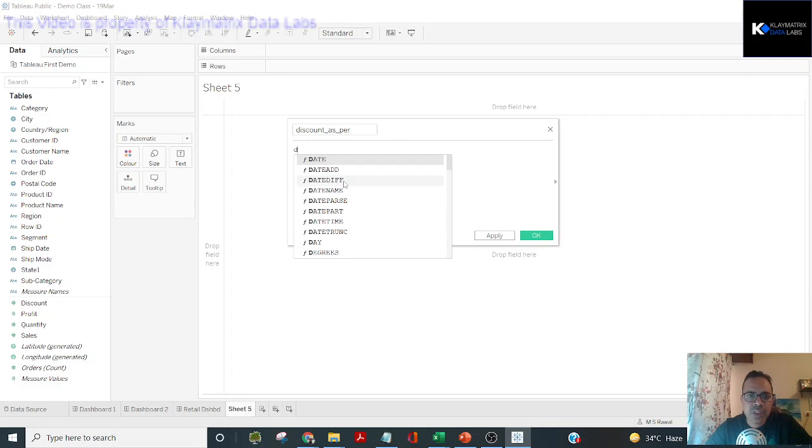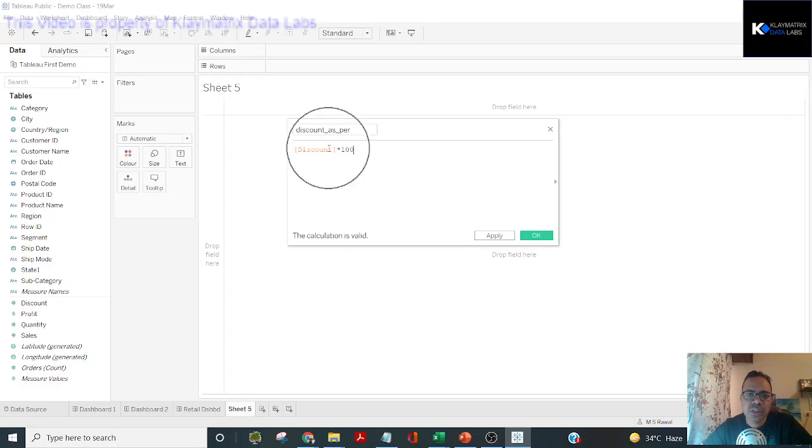So again, let's do it. If I type D, I see all these are functions, inbuilt functions, and the rest are the fields coming from my data over here. If I further write the full name, it will give me the corresponding option, and discount is the field. So I click here and I get this field. So basically I get this column. How do I know it's a column? Because it is enclosed within the square bracket, right? So this is the discount column, and if I multiply this with 100, I'll get my discount as percentage column,